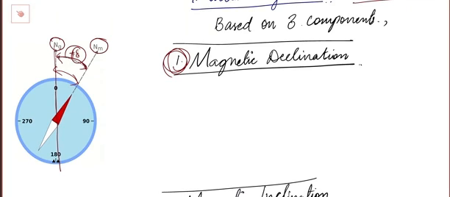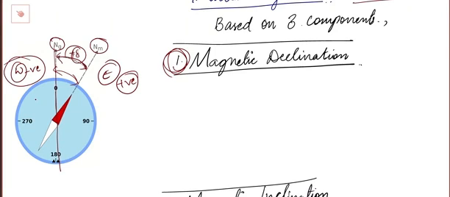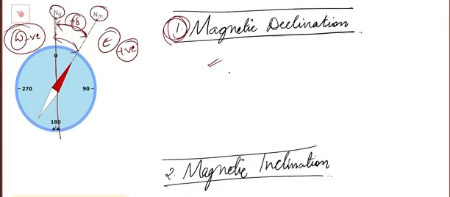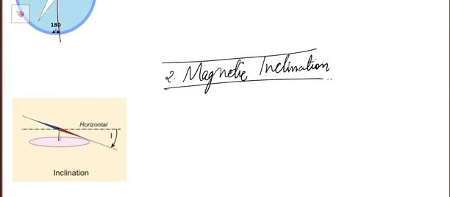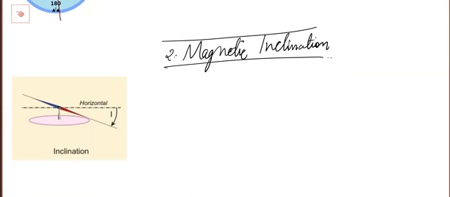Which we have seen earlier, this is positive declination towards east, and towards west this is negative declination. So positive declination and negative declination. This we have seen earlier, and this was given by William Gilbert. And then next he said that the second component given by William Gilbert is